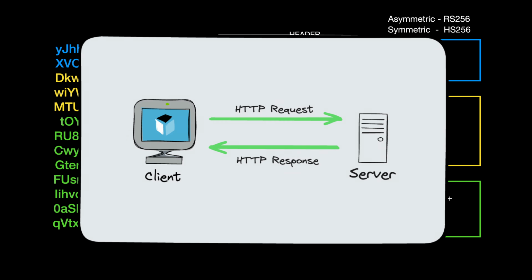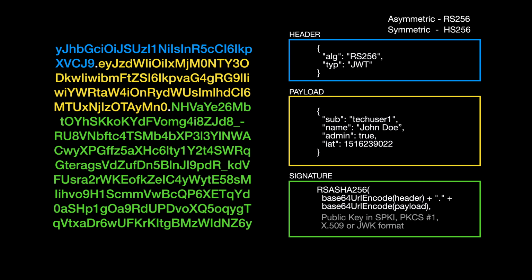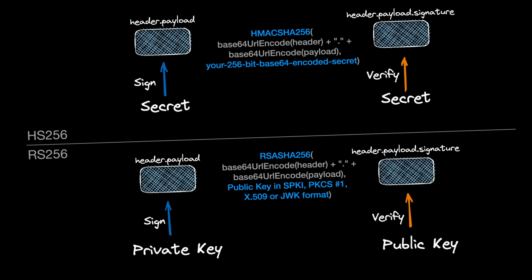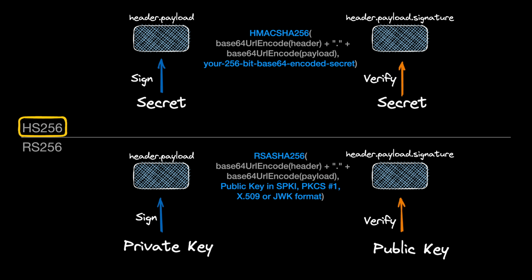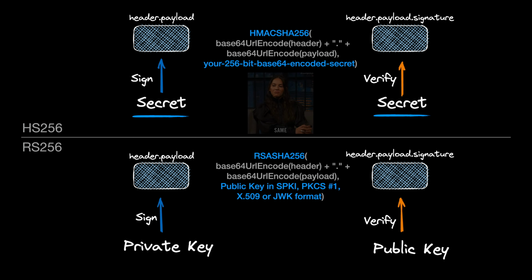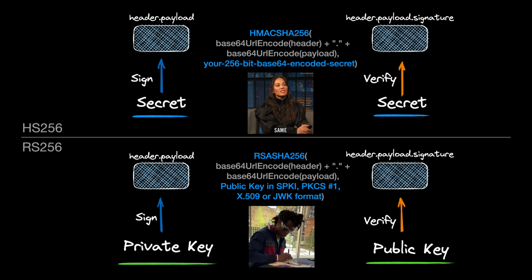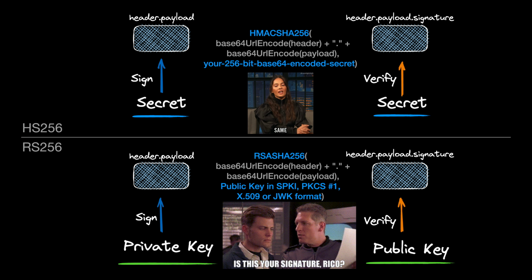Well, it can be easily used in HTTP requests between parties. And what is the difference between using HMAC, for example in HS256 signing algorithm, and using a public-private key pair for creating the signature with RS256 algorithm? Well, HS256 is a symmetric algorithm. That is why the same key is used to create the JSON Web Token signature and to verify that signature. RS256 is an example of an asymmetric algorithm, and it uses a private key to sign the JWT and a public key to verify the signature.